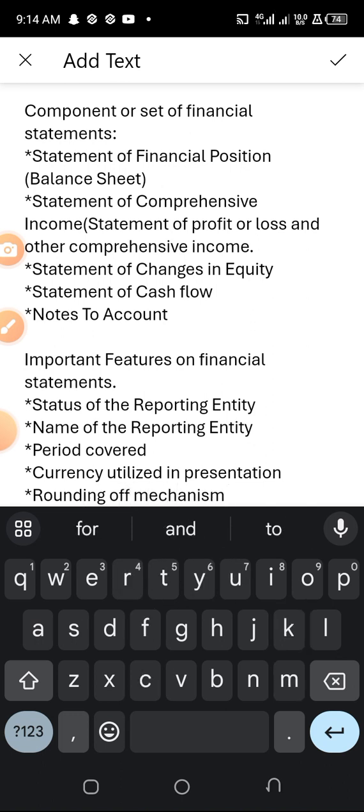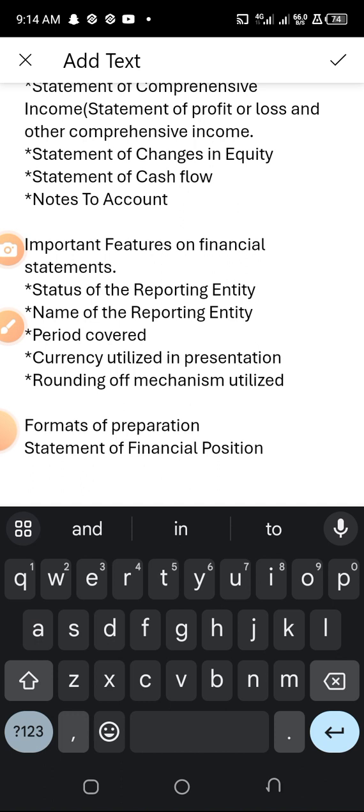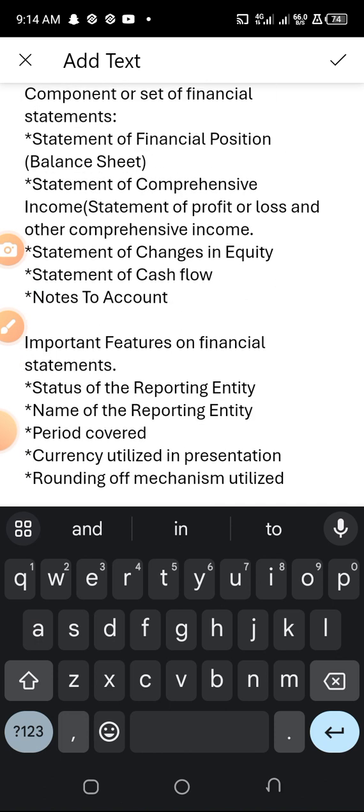Rounding off mechanism utilized, that is, if you are rounding off the figure, the figure in thousands, you must state it. If it's in million, you must state it. If it's in billion, you must state it. If it is in trillion, you must state it. So it's important for all these features to be presented very visibly